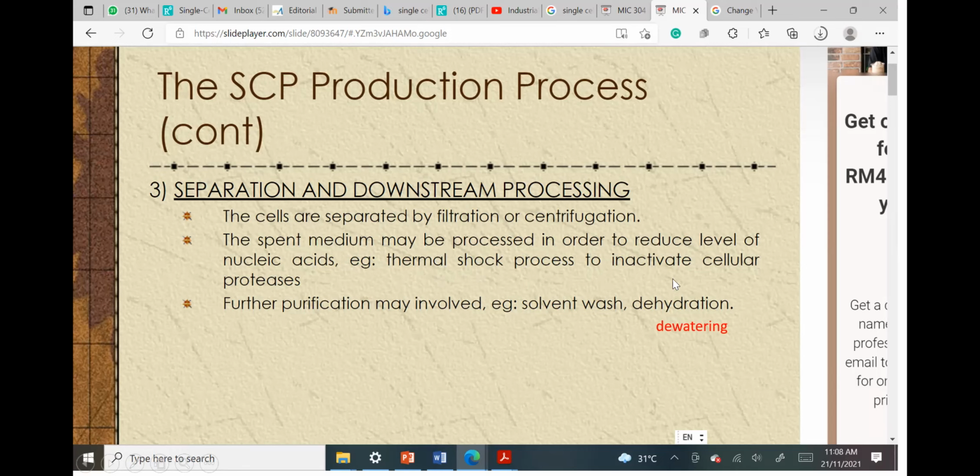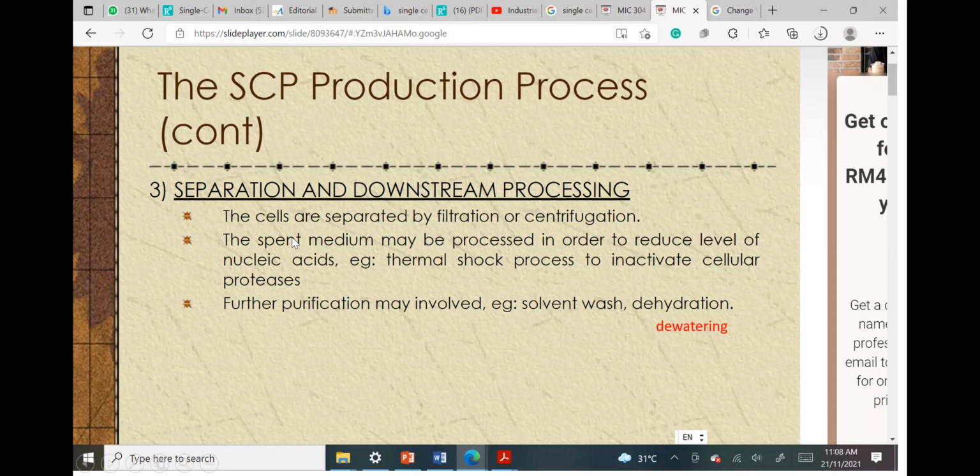This kind of protease is an enzyme naturally occurring in the bacterium, but this kind of enzyme may also cause